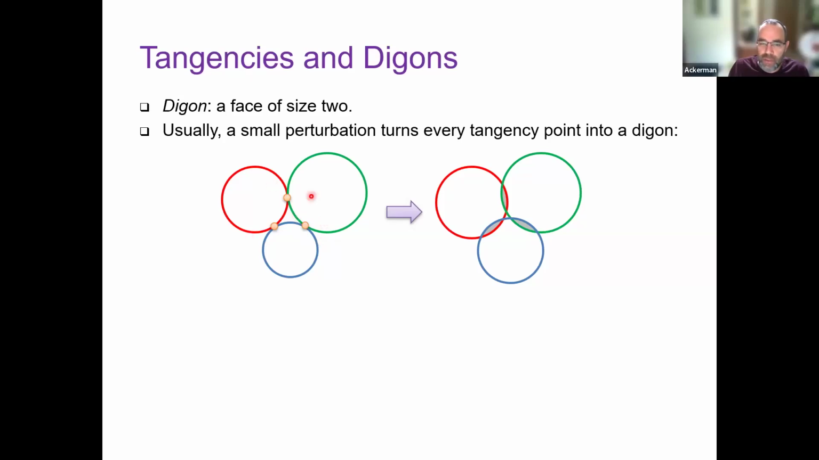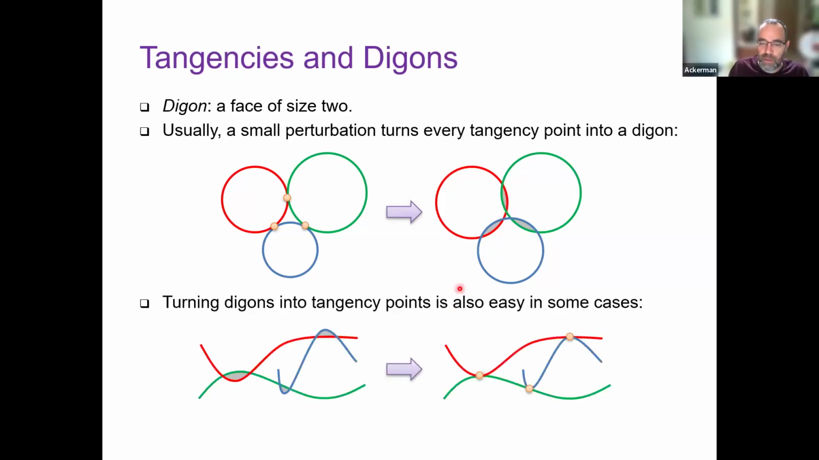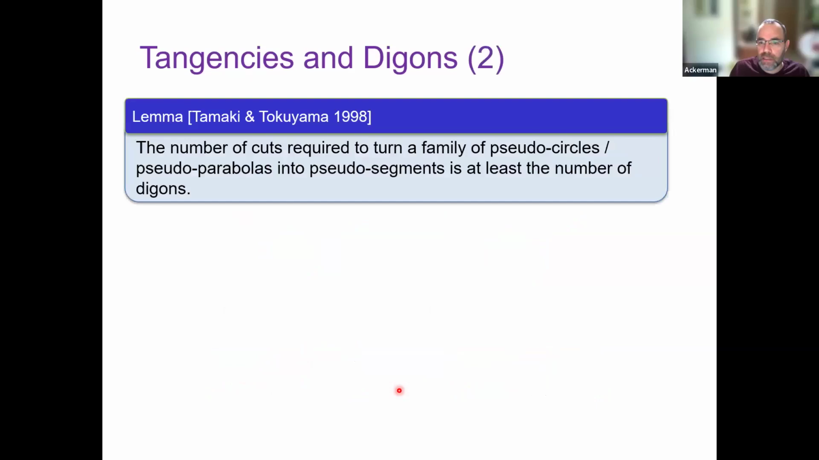If you have this set of circles and you inflate every circle a little bit, then you get a digon for every tangency. And sometimes it's also easy to get from digons to tangency points. Like, for example, in this case of curves, you can redraw them such that the digons become tangencies, like in this example. So many times you can interchange the two, and people were interested in